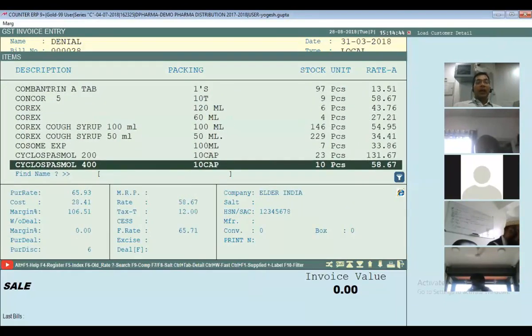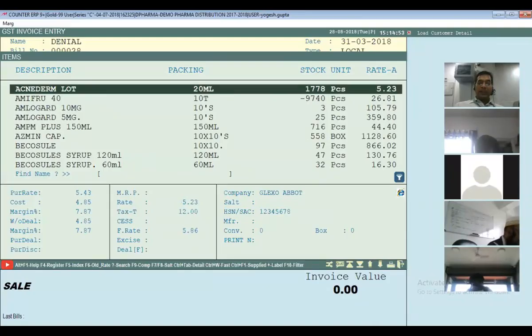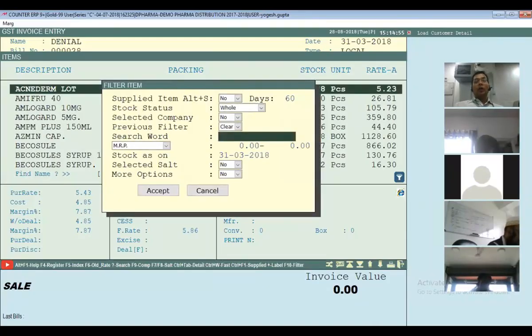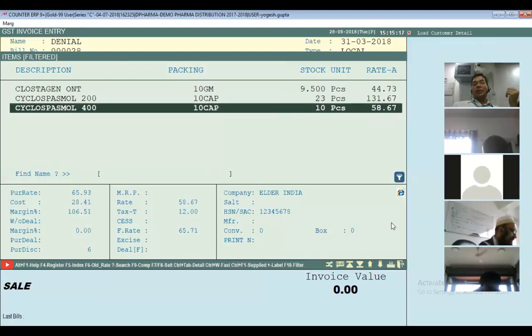For example, there is an item which is having LOS. So now I'll go to the top. I press the N key and type here LOS. Look at that, sir. All those items containing LOS are coming in front of the screen. Did you like that feature? So I can find the items by middle search also. It is an amazing feature of Marg and very much appreciated by the chemist.